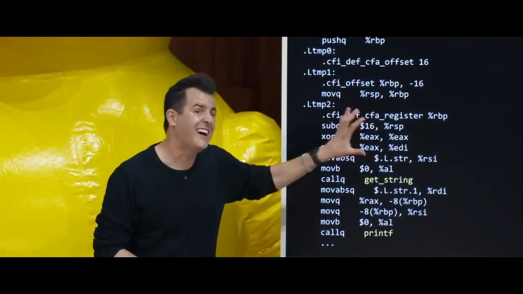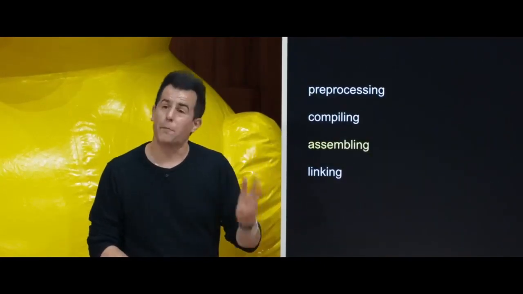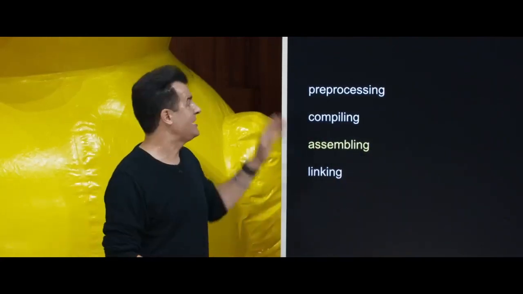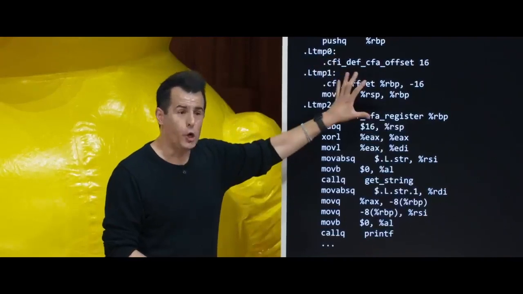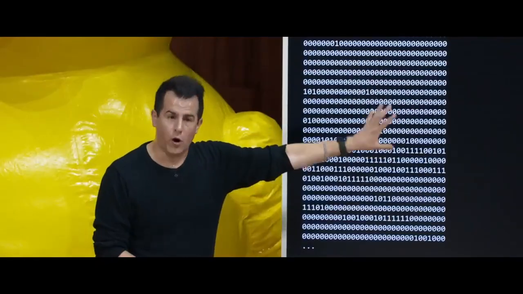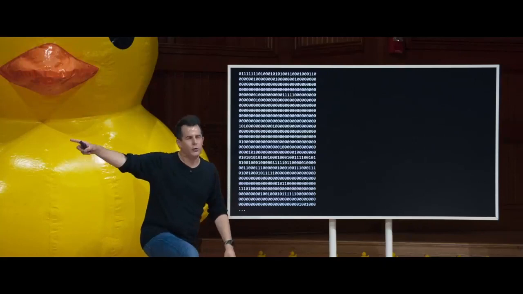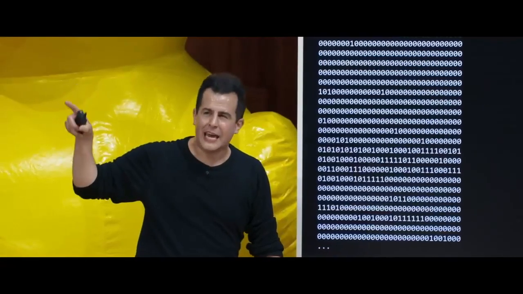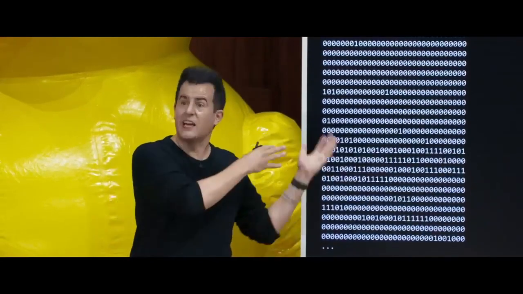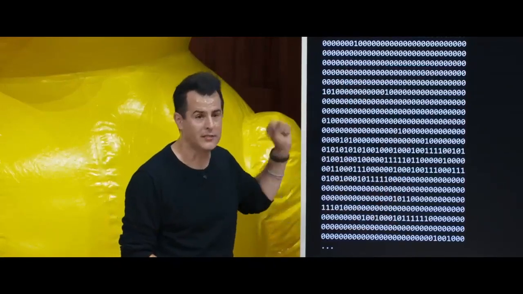But unfortunately, this is not yet machine code, and that's where step 3 comes in. So step 3 of this 4-step process is technically called assembling. And assembling just takes that assembly code and converts it, thankfully, to the thing we do care about, the zeros and ones. So assembling takes assembly code, converts it to zeros and ones. As an aside, and I alluded to this earlier, the reason that Clang names its files a.out by default, assembler output, is kind of a side effect of that being one of the steps in this process, dealing with assembly language and its subsequent output.